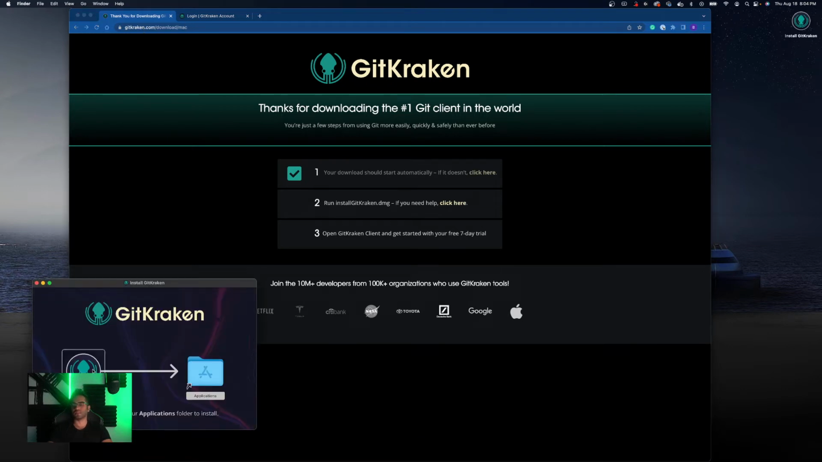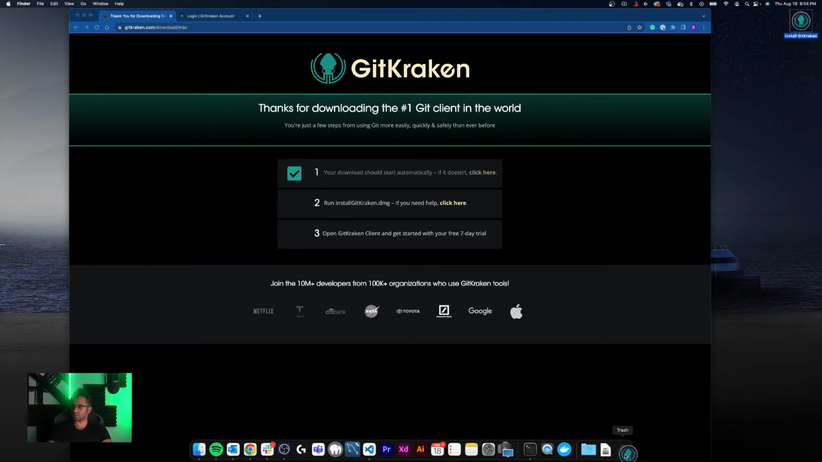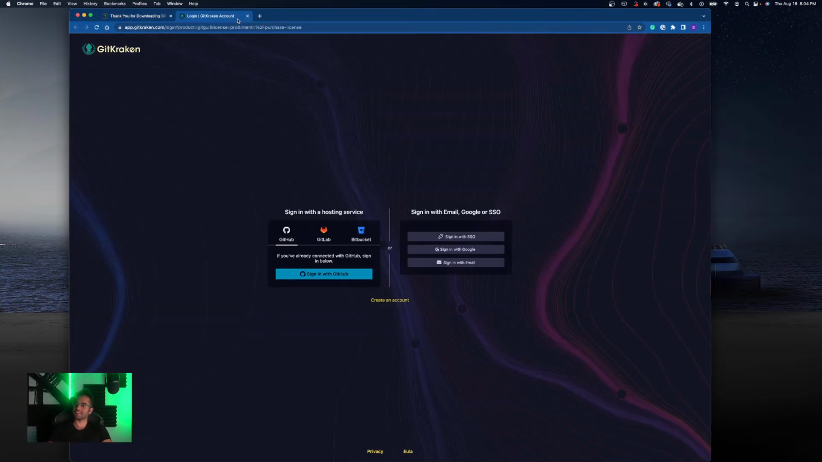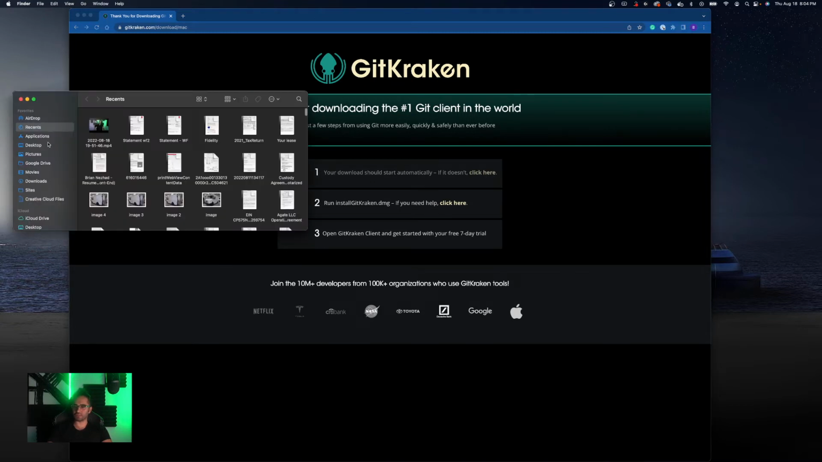Let's install by drag and drop into the application folder, and then I guess we can just uninstall. I've got a habit that I always clean my desktop before I open an application. So yeah, let's go ahead to the application folder